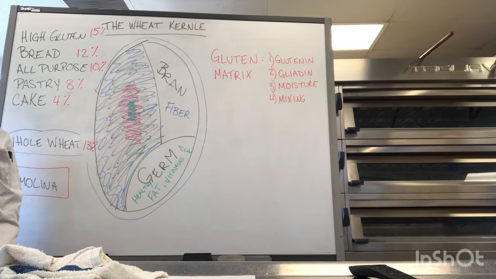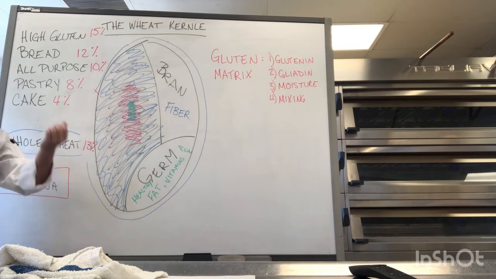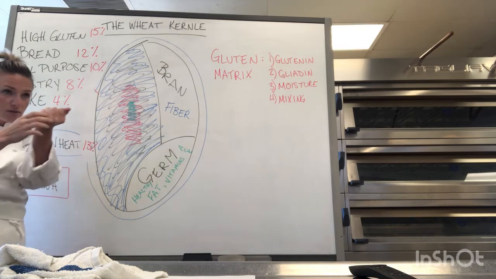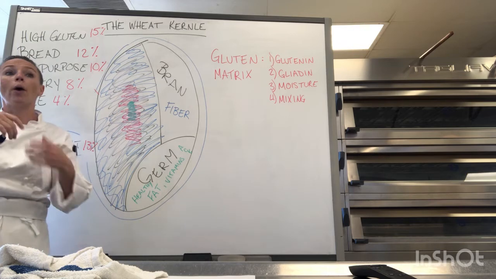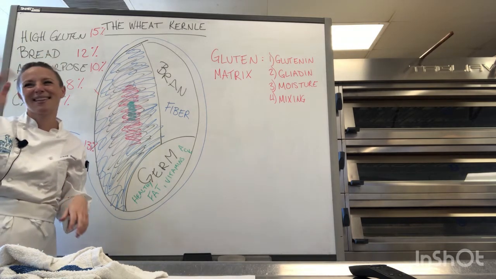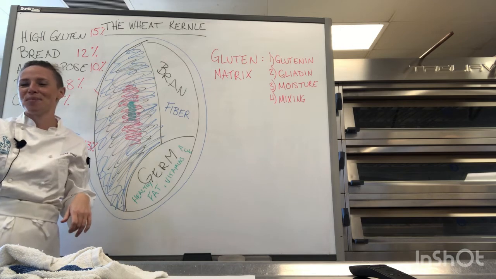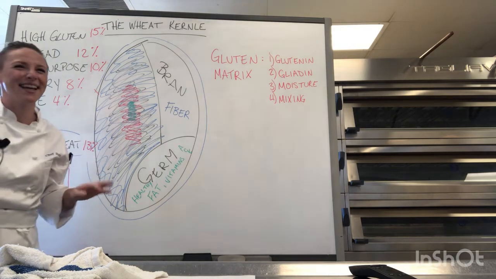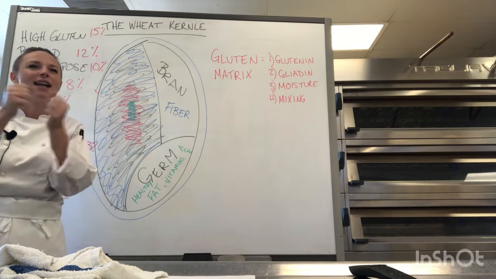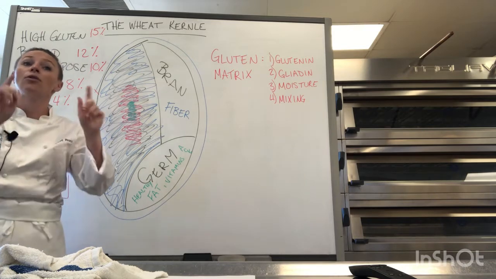But did you ever notice the color difference and the texture difference between all the different flours? Like that video that you guys watched last week. When you squeeze cake flour, it clumps in your hand. You can squeeze it and it stays together. Where bread flour, if you squeeze it, mostly, I think last week they put the wrong flour in the wrong bin, so usually if you squeeze bread flour together, it'll fall apart in your hand. It's not gonna really clump together that much. The reason for that,